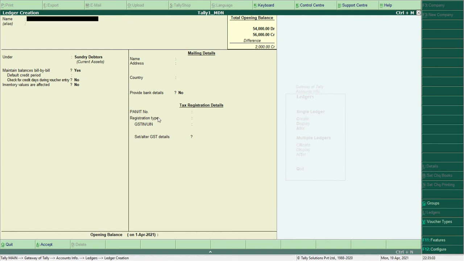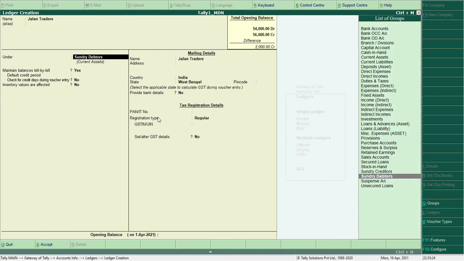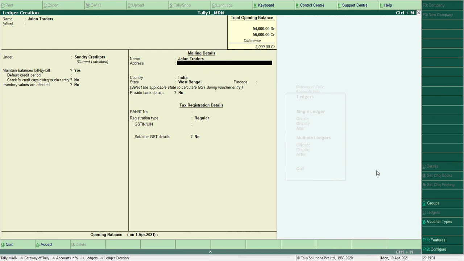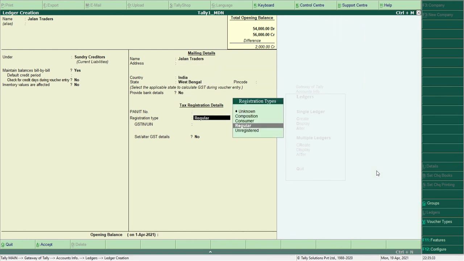Next, sundry creditors. Now there are two sundry creditor parties. One is Jalan Traders and the other is Art Gallery, which produced two bills. So let me first do Jalan Traders. Now this party is also from West Bengal. Now this is a sundry creditor, so I will select it from here. Jalan Traders will have some bill that I am going to put here.